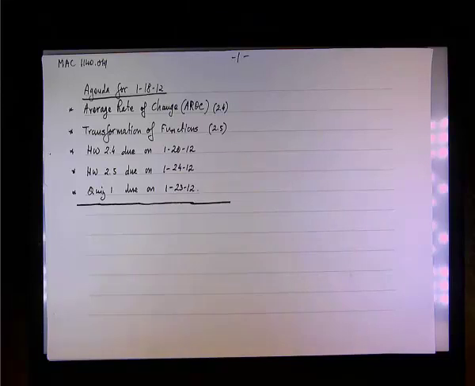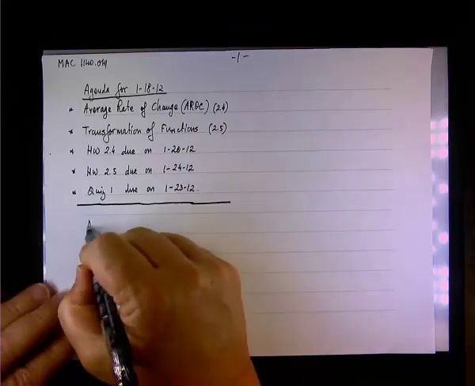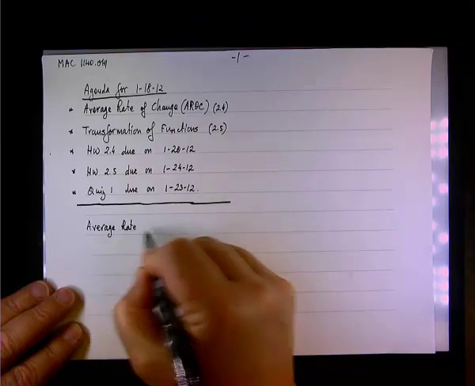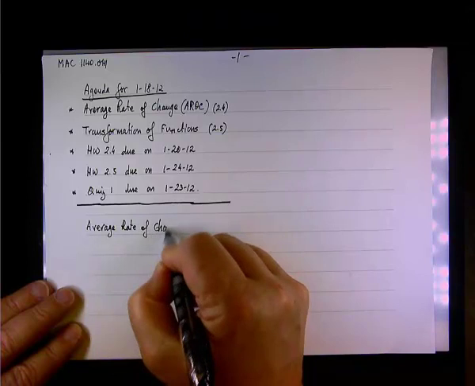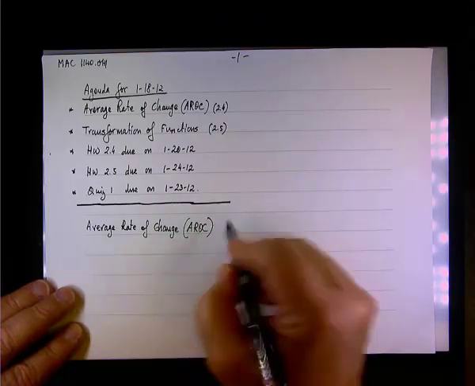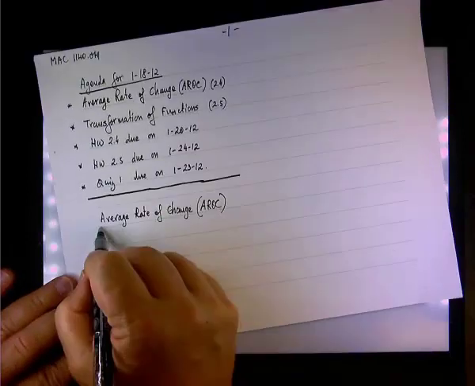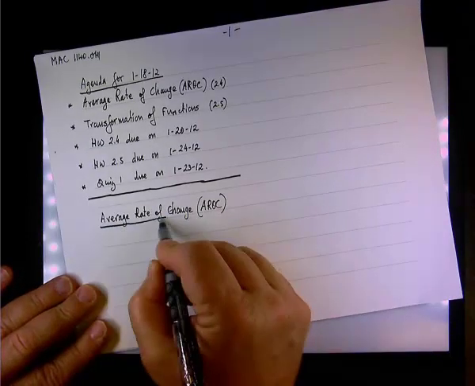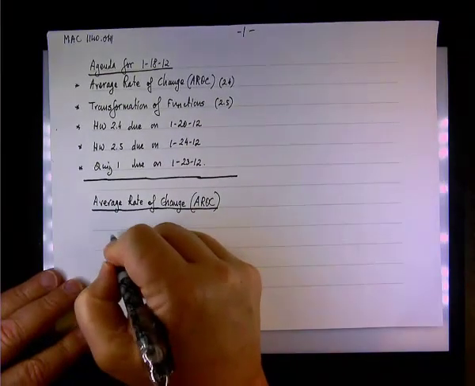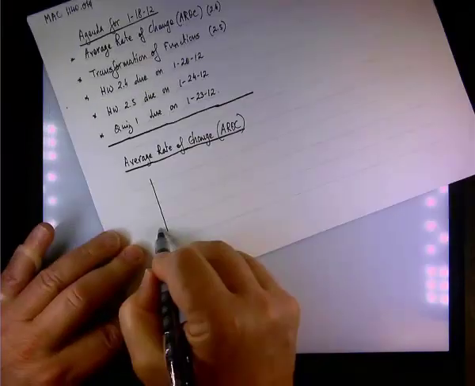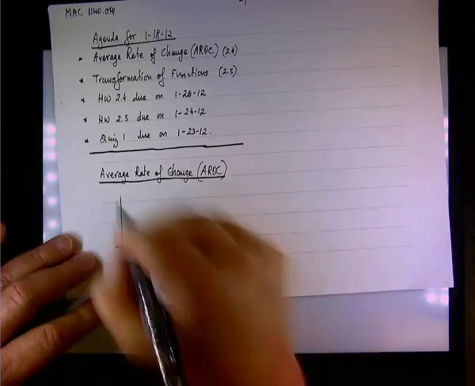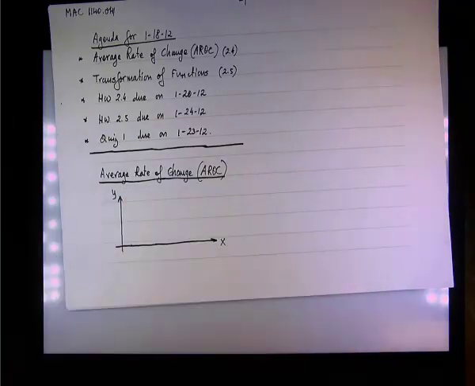All right, average rate of change. Or I call it in short AROC. If you're looking at a generic function whose graph is the following sketch on the XY coordinate system,